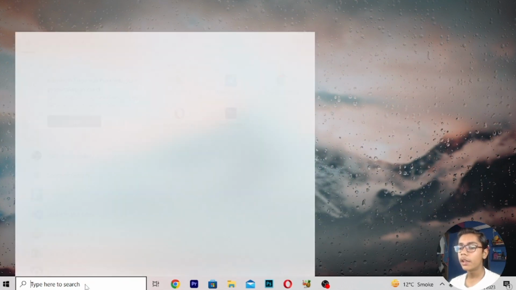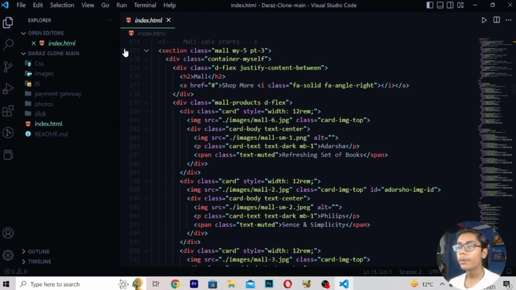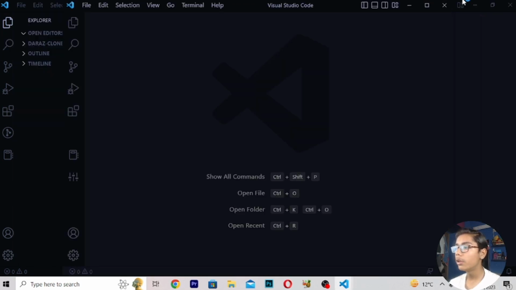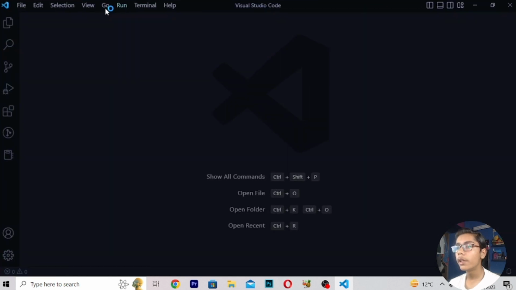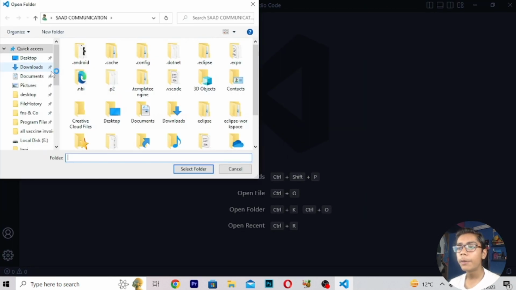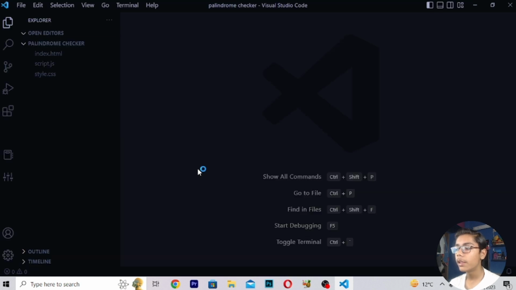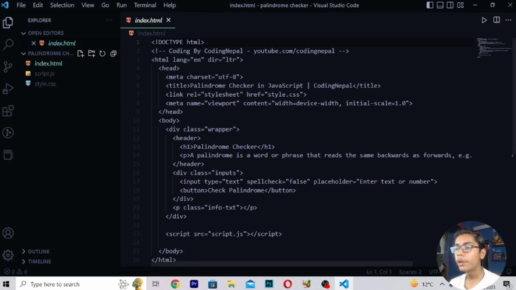So for building this, here I will be opening my VS Code. You can see here I've opened it. Now when you open your VS Code text editor, I will be closing all these files and opening a new window. Then I will be moving to File and pressing Open Folder. Then you have to redirect it to your desktop, and there will be our folder named palindrome checker. So here I have opened my folder. Now when you have opened it, this is our main file.